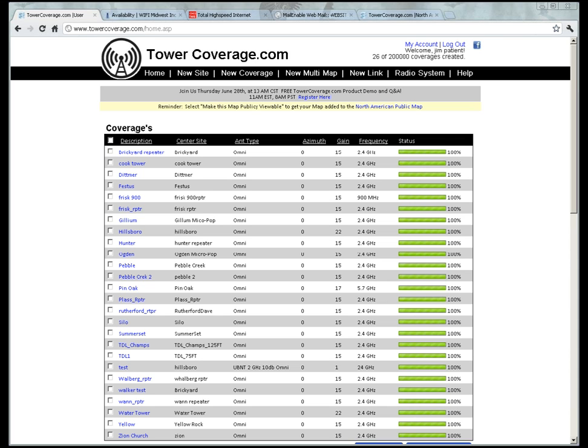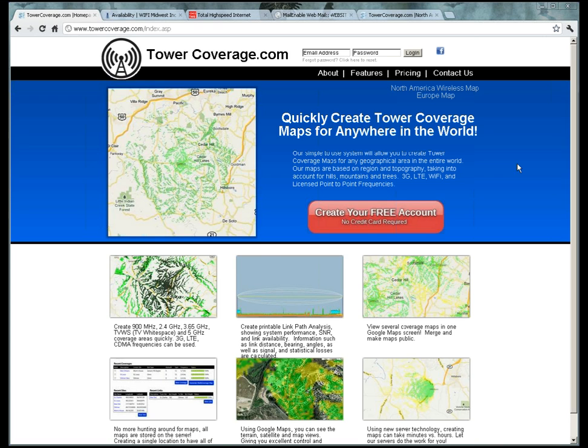For those of you that have never seen TowerCoverage.com, the website TowerCoverage.com is the easiest to get to. Once you get there, you will be able to create an account by logging in. If I log out here, you'll see the home page. You can create a free account simply by clicking that. You can upgrade that to a paid account if you wish during that process, or you can try a free account. Now the free account is limited to just the